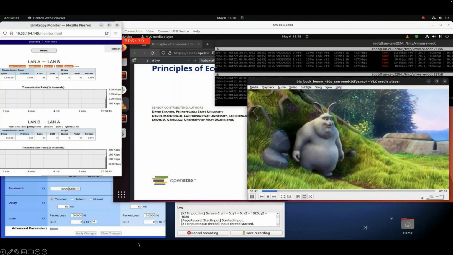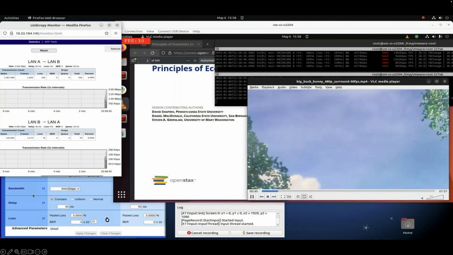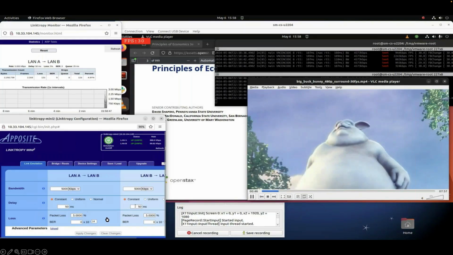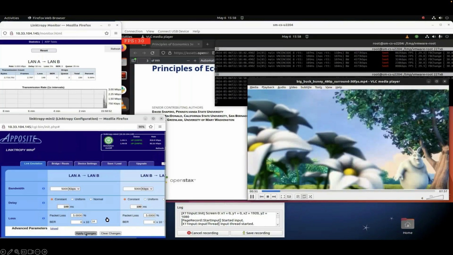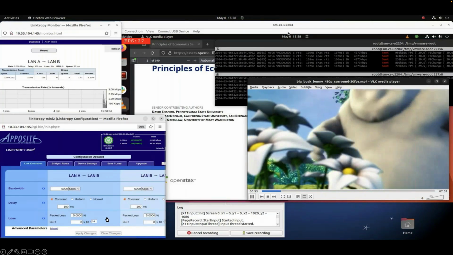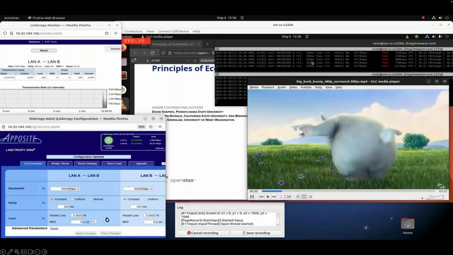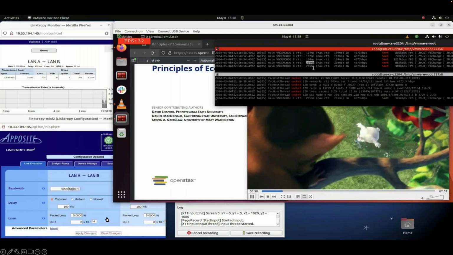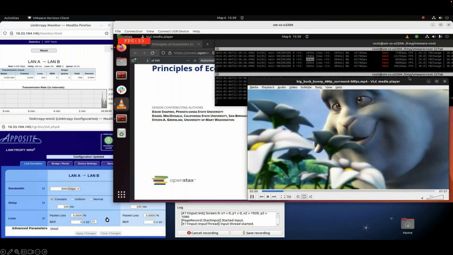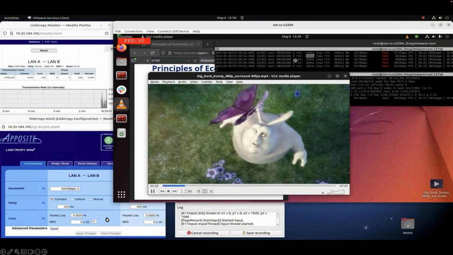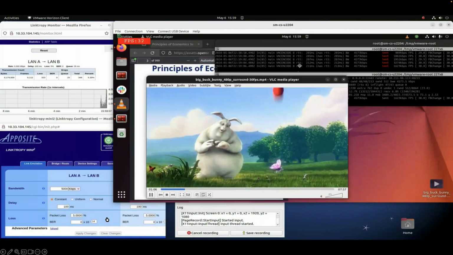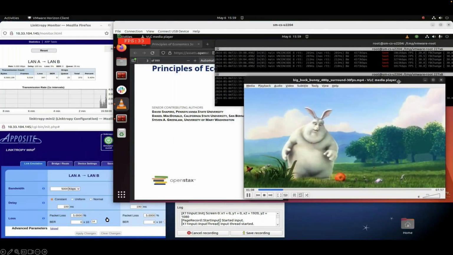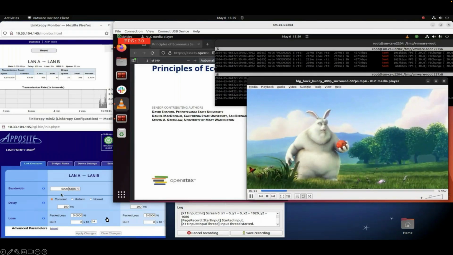But let's bump that up. We're going to change it to 200 milliseconds, which is, we'll start with 100 milliseconds. And that is a noticeable, like that is a significant but not crippling delay. And the frames per second still maintain. They're still sitting there around 30, even though the video itself doesn't look so good in the webinar.